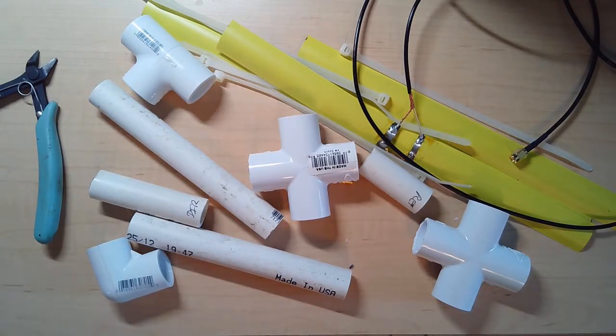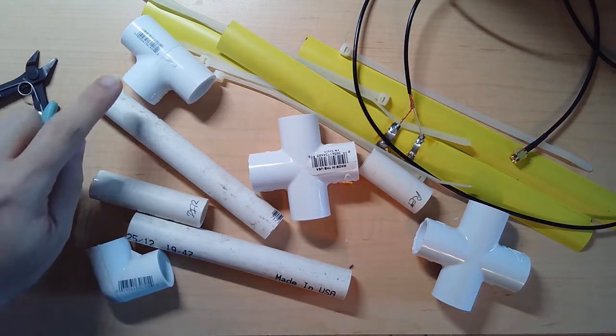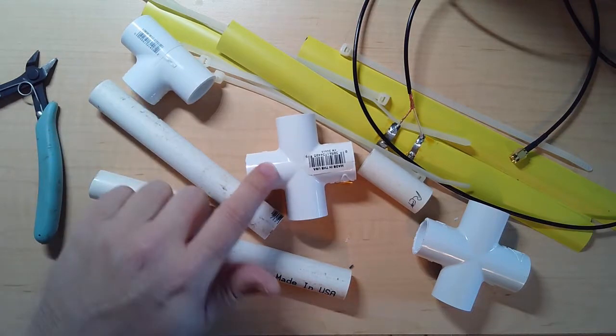Hello everybody, today we're going to put together a Yagi antenna made of tape measures and PVC pipe. This one is on the 70 centimeter, aka the 440 band, but the concept is the same for any of the bands. Now what I've included are some PVC pipe parts, a T, a cross,